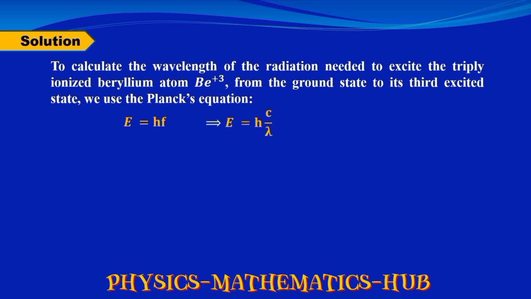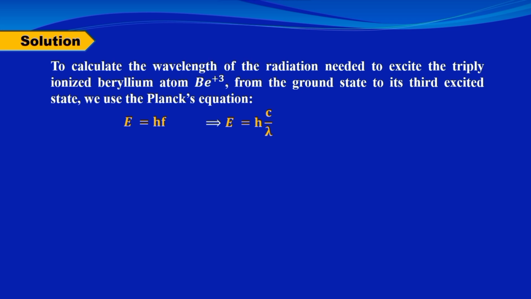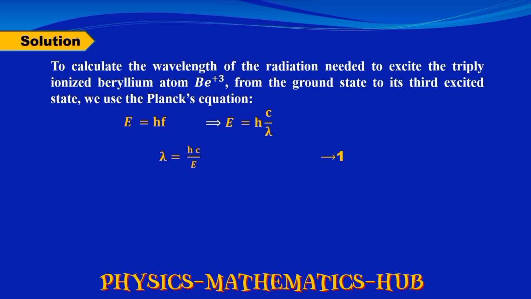Here we replace f by c over lambda, so the equation becomes E = hc/lambda. Now rearranging the above equation for lambda, we get lambda = hc/E, where lambda